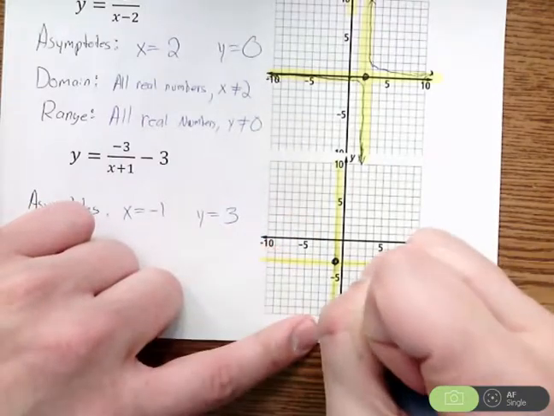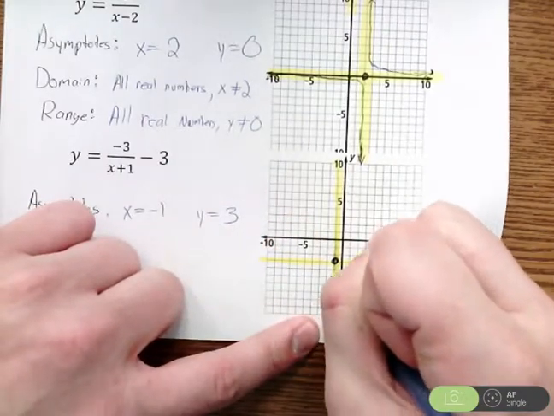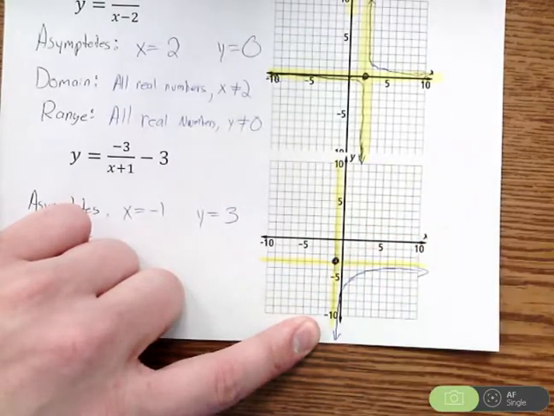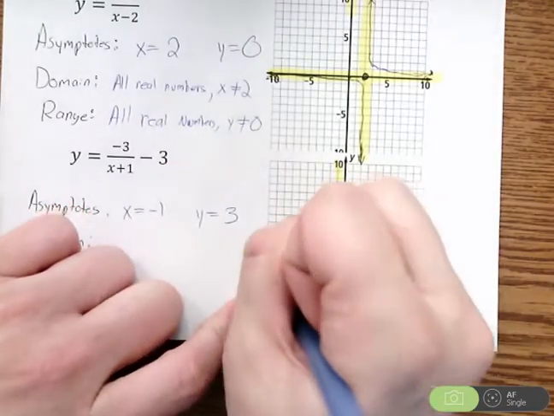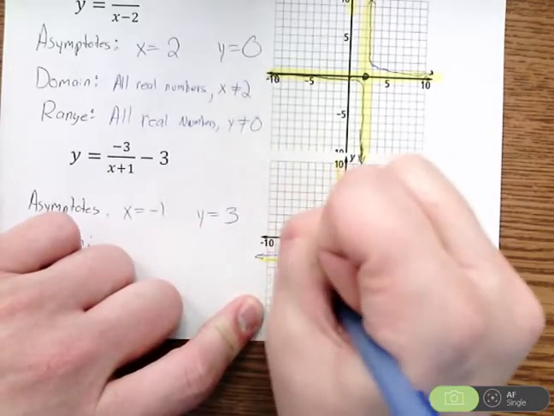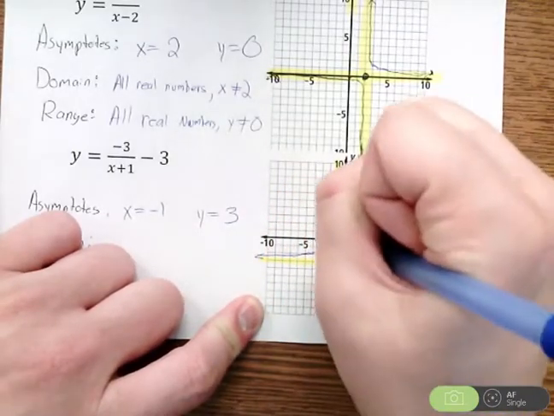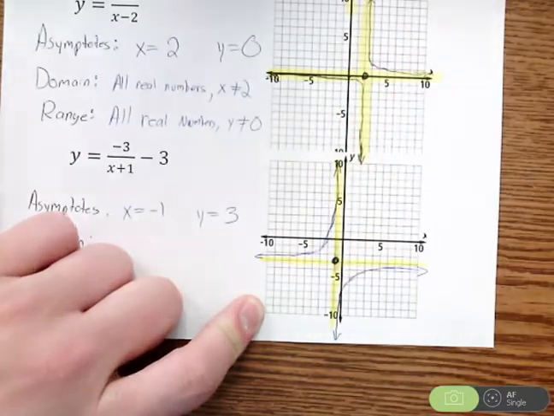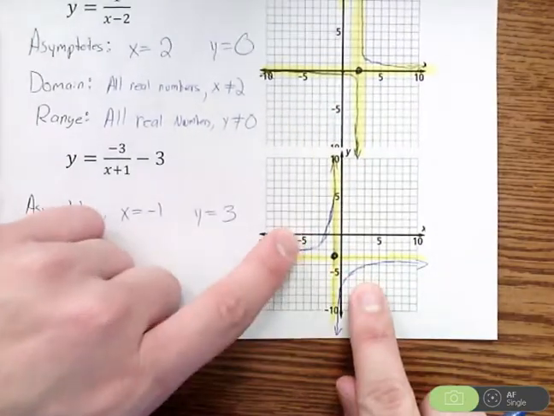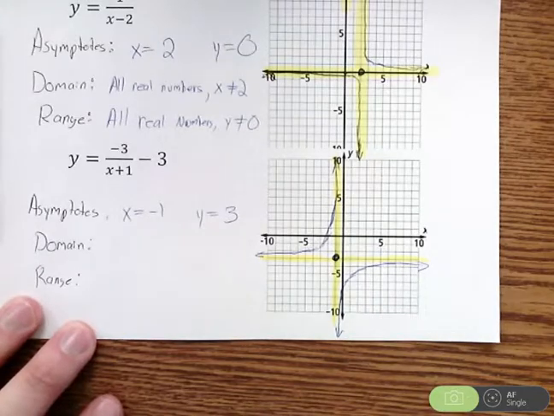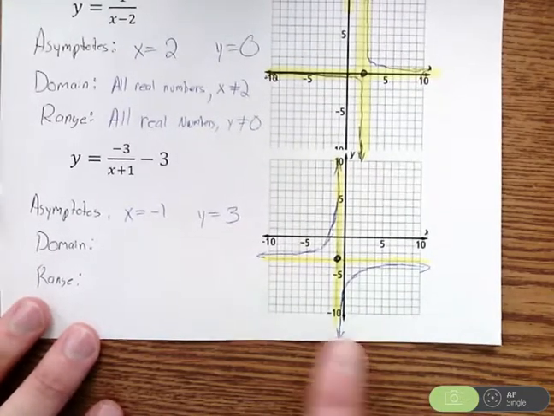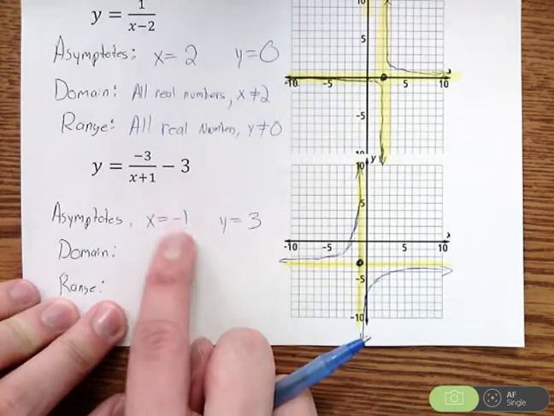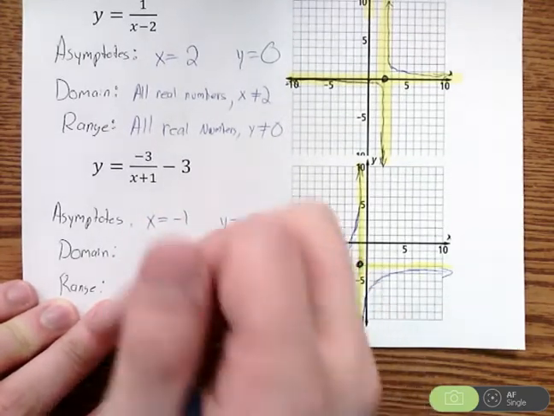So my graph is going to come here and then pulled away like that. Down here, pulled away like that. So everything gets pulled away, reflected. That is the graph of this function. So talk about domain. Domain and range are going to work hand in hand with my vertical and horizontal asymptote. So domain is going to be